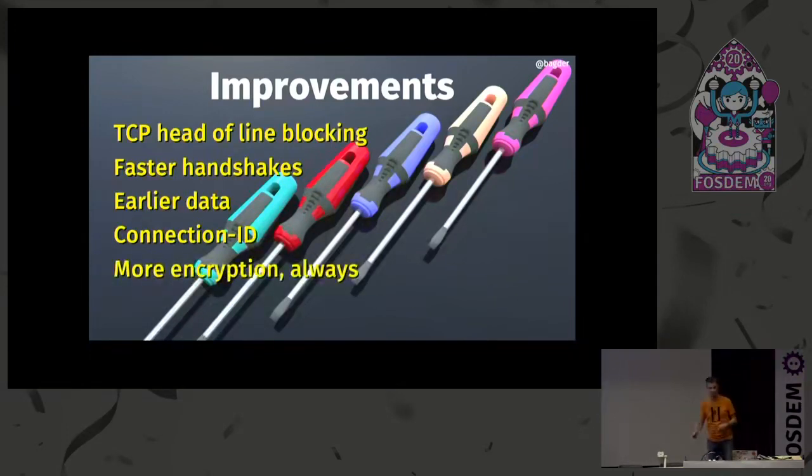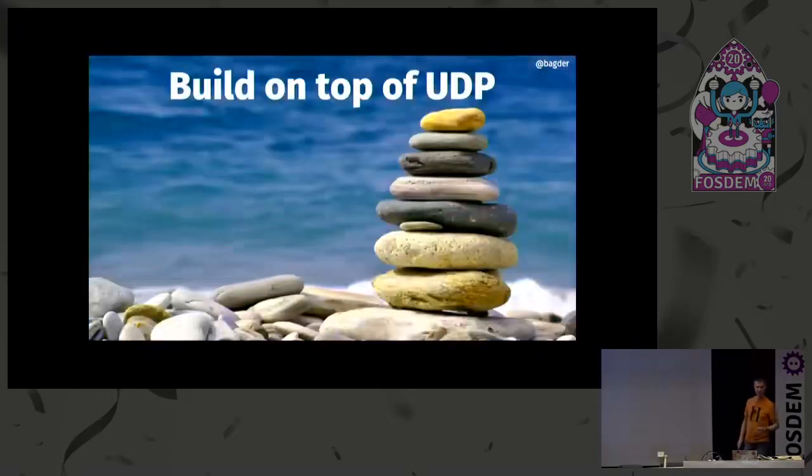And more encryption, always encryption. There's no clear text version of QUIC. It's even more encrypted than TCP with TLS because there are fewer parts of the header in the clear. So basically a few clear text packets in the beginning in the handshake, then everything else encrypted. Just encrypted, basically noise to everyone in between. So this is hopefully going to ensure that we can do future development. Hopefully this means that we can make a QUIC version 2 in the future without a load of those boxes knowing and drawing conclusions from the traffic patterns, because there shouldn't be much of a traffic pattern.